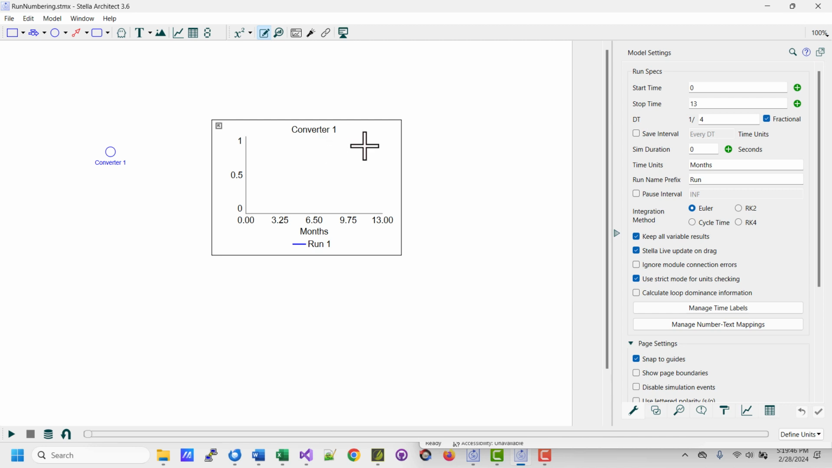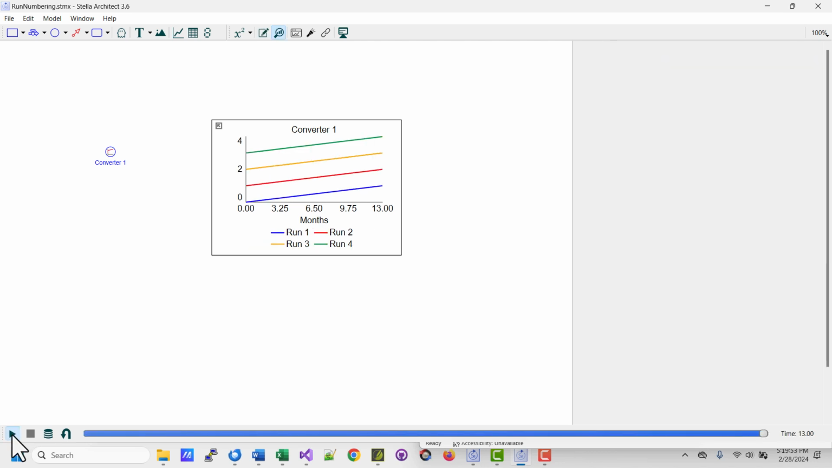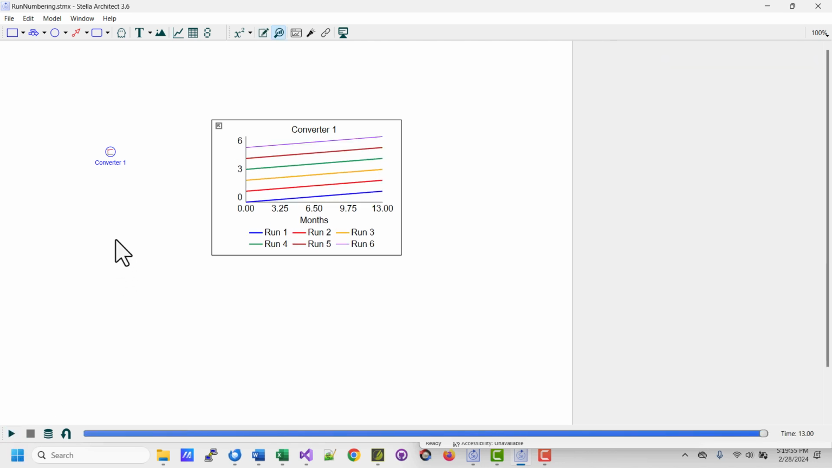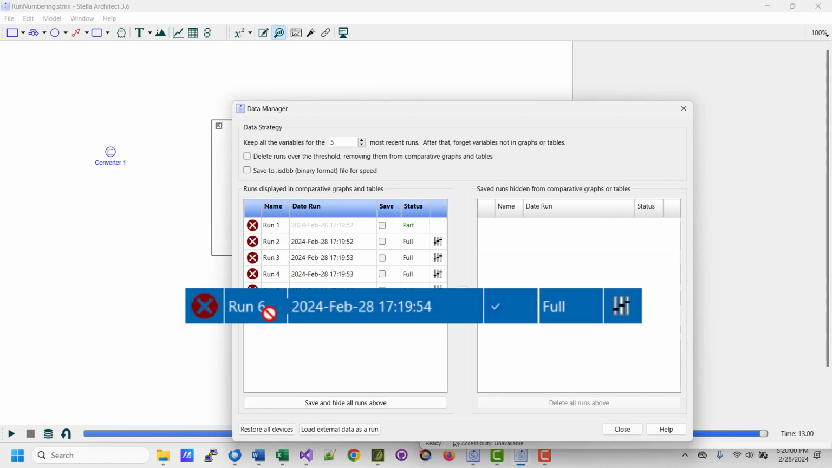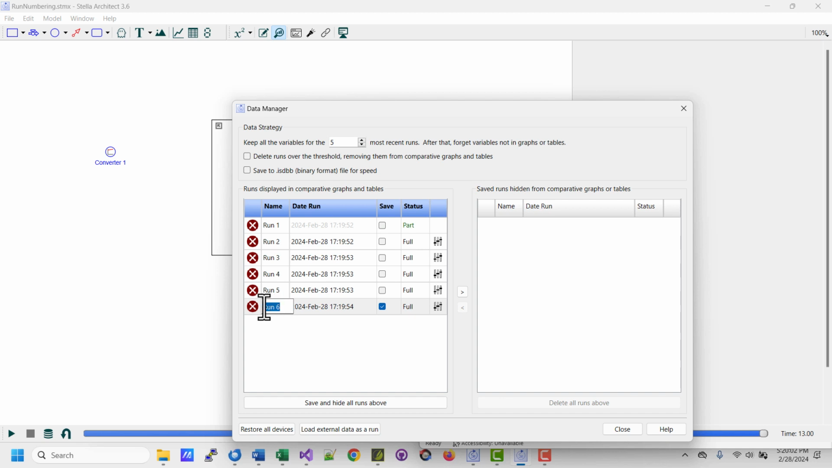In Style 3.6, we made run numbering a little bit easier to work with. So if I have a model that's got a comparative graph and I have a bunch of runs, and I decide, for example, that I really like run 6 and I want to call it base,